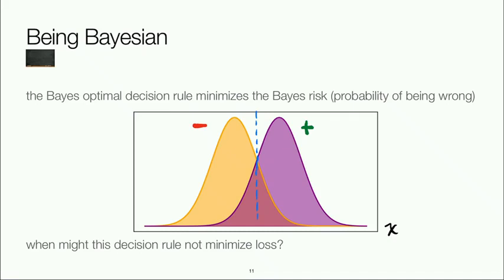But it's a very interesting question to ask, when might this decision rule not minimize my loss? Loss, so far, we have often defined as the probability of being wrong. But loss does not necessarily have to be just 1 if I'm wrong and 0 if I'm right. Maybe there are actually different consequences to making different decisions. That's a big part of decision theory. So for example, if plus is the presence of some disease, and minus is being healthy, you don't have that disease,